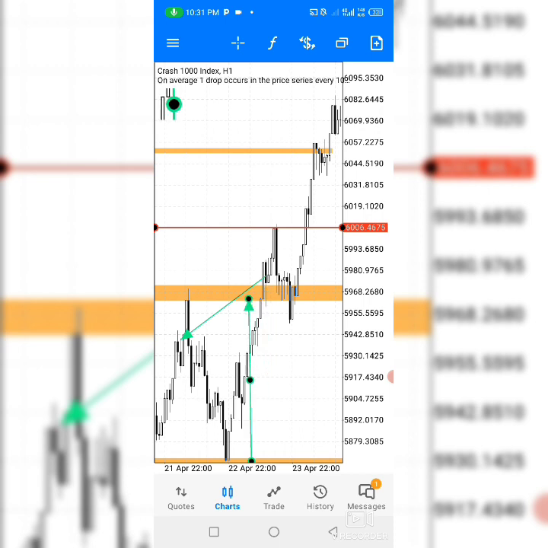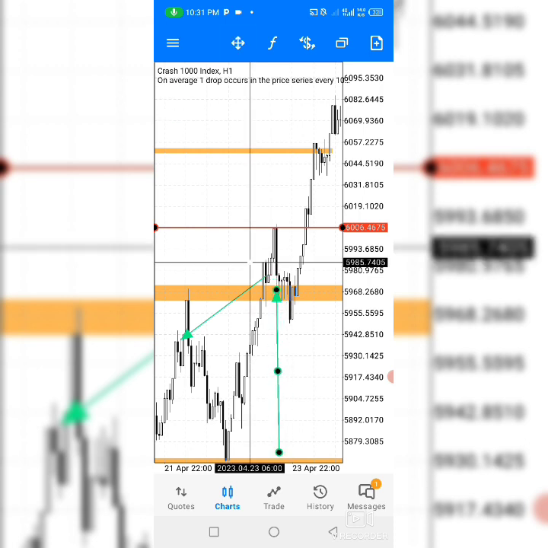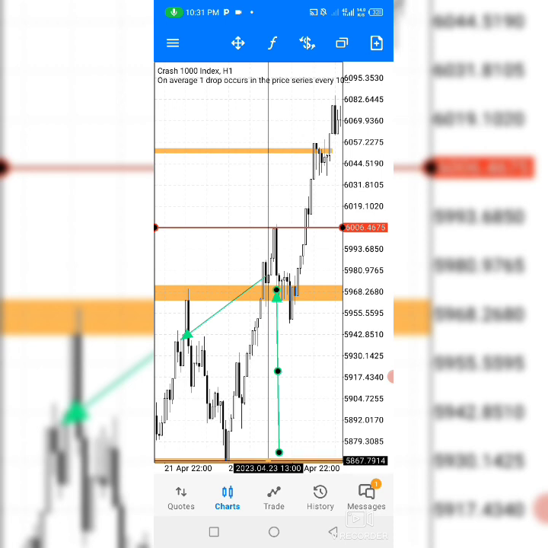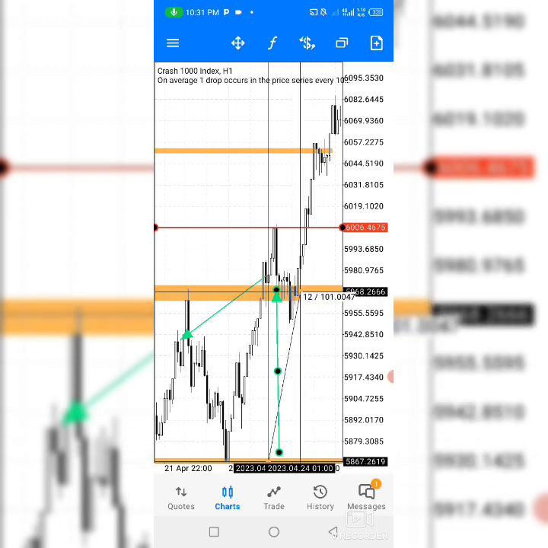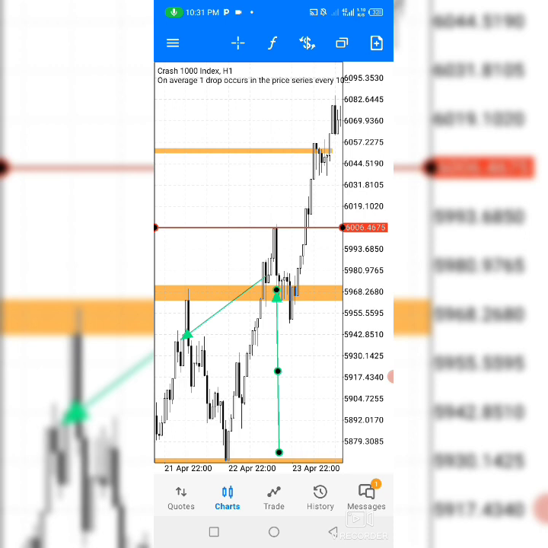Once you know the height of this range, okay, now number one criteria is that you must validate. These criteria are used to validate whether a breakout is a fake one or a real one. We're only trading the real breakout. Yes, we don't trade the fake breakout. Okay, so the height of this range was around 98 pips. Let's take it to be 98 pips. I think I measured it before, it was 98 pips.